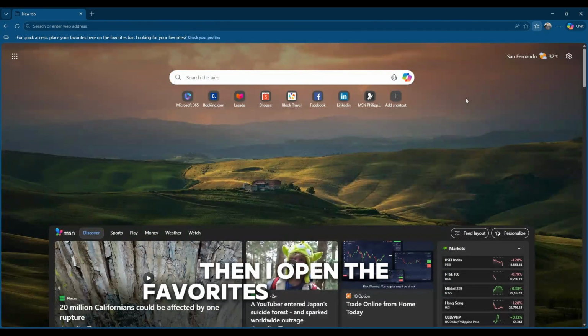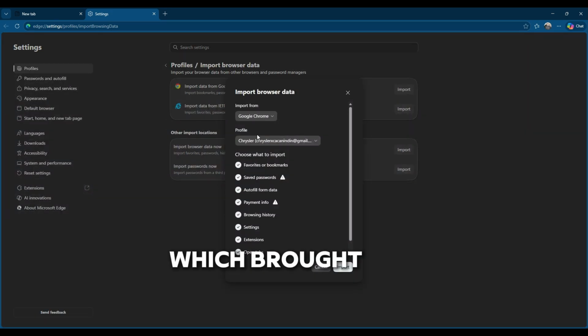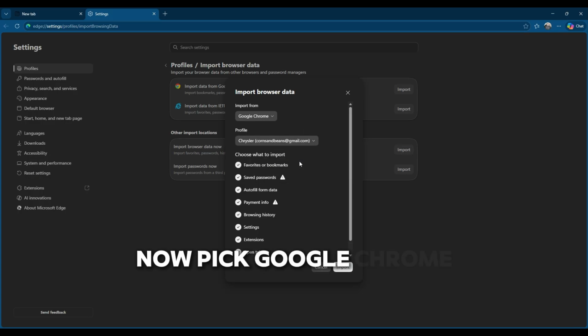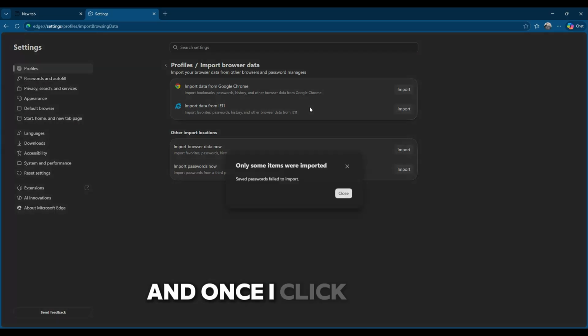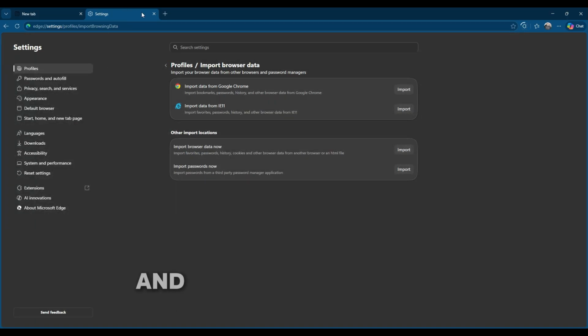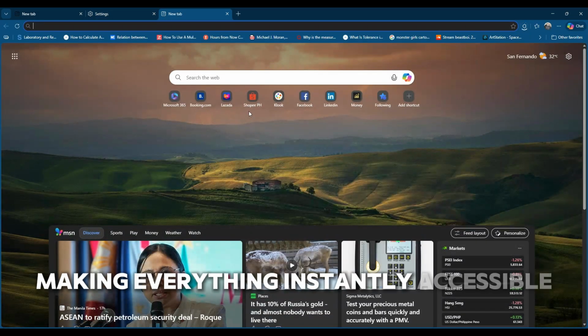Then I opened the Favorites options menu and selected Import Favorites, which brought up a panel where you can choose where to import from. I picked Google Chrome since that's where all my bookmarks were saved, and once I clicked import, Edge automatically pulled in all my saved sites and organized them into the favorites list, making everything instantly accessible